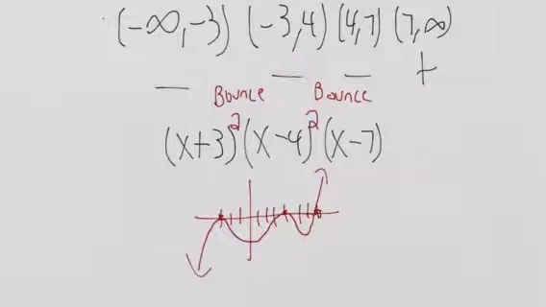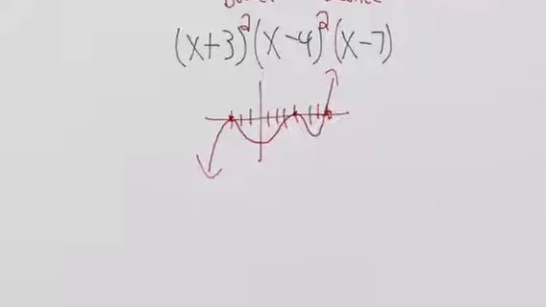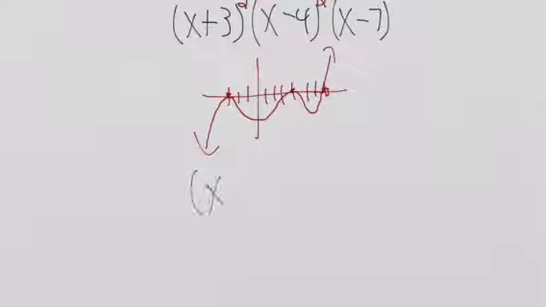So it's still negative. Okay, what about between 4 and 7? Well, at 4, it bounces and stays negative, so we're still negative between 4 and 7, but then after 7, we're positive. We're negative, negative, negative, positive. Now, to make a different function that will do the same thing, we just need to